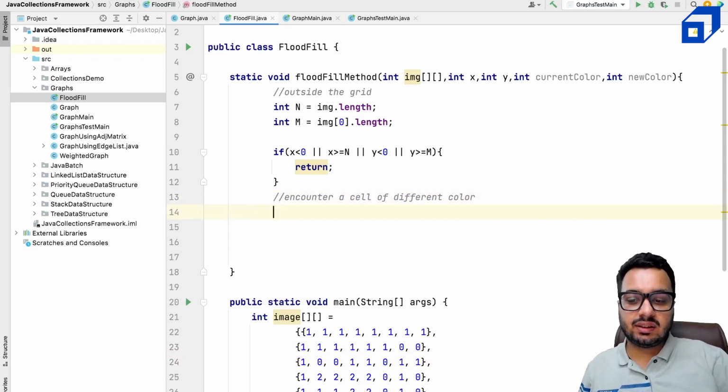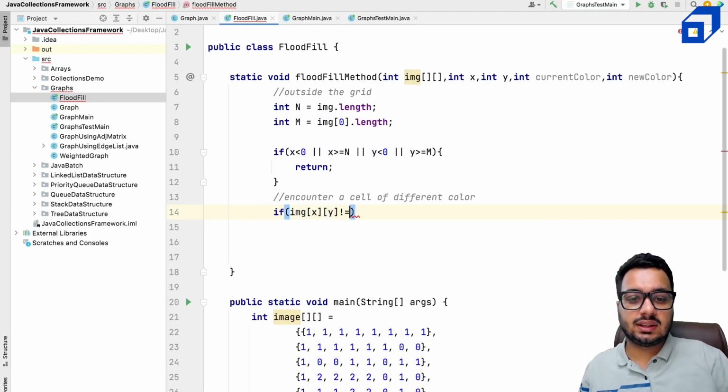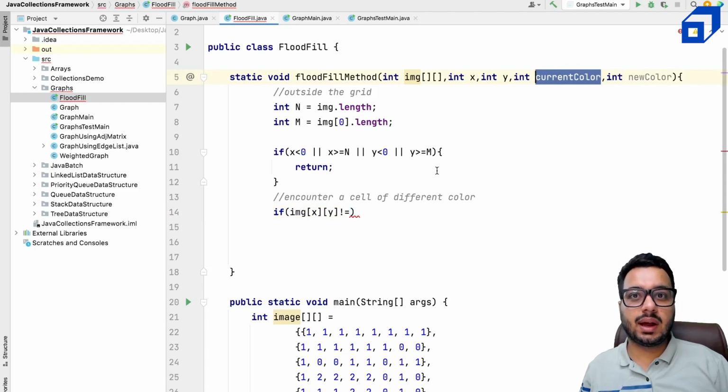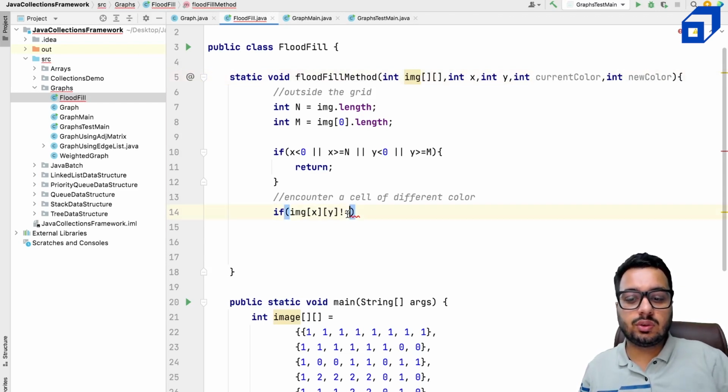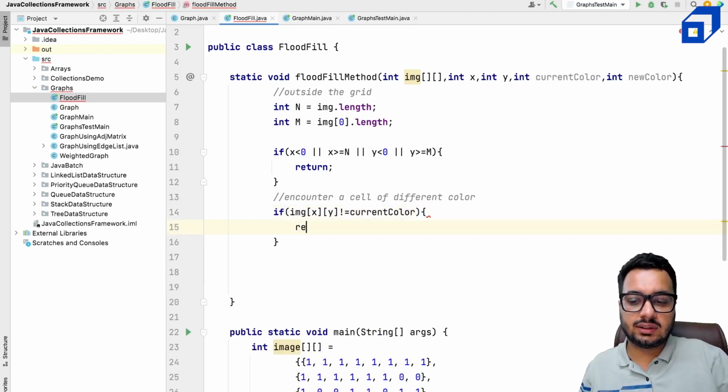So if the color in the image at cell x comma y is not the same as the current color, so current color is white, and you encounter something like black or blue or green, you do not need to change that color. So it is a boundary, right? If it is not the same as current color, then you have to go back, so you can return,